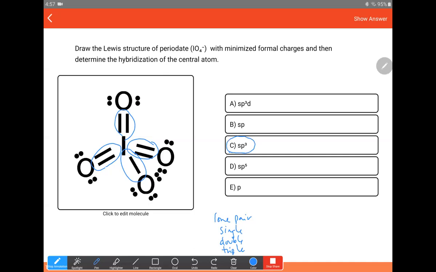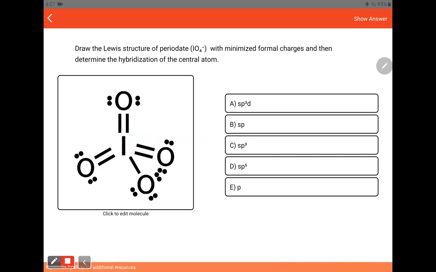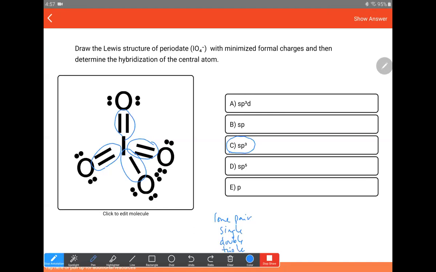hybridization. Now you might need to look at your notes to see that correlation, that sp3. But again, the way we can see that is, maybe you don't have it down yet, but this is an s and 3 p orbitals. So 4 orbitals that the central atom is evenly splitting with energy. Now, if we had 5, so if it had 5 electron groups, it would need an s,